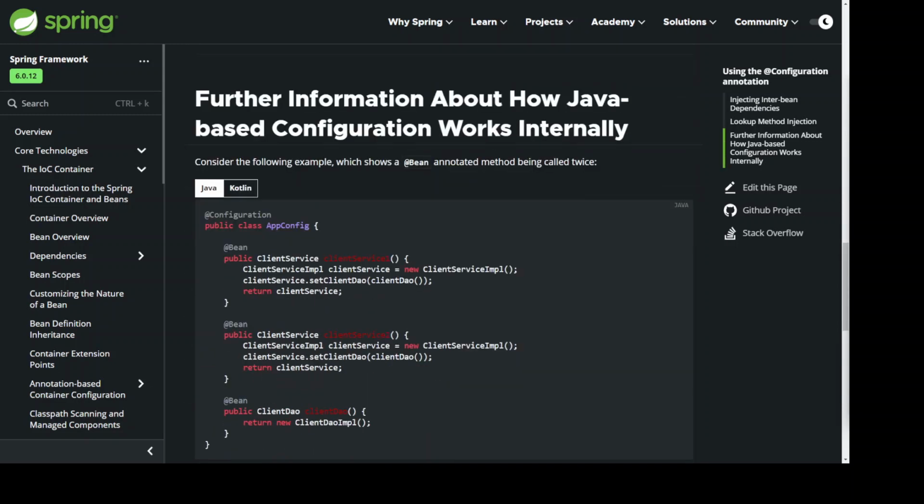Further information about how Java-based configuration works internally. Consider the following example, which shows a @Bean annotated method being called twice. @Configuration public class AppConfig {